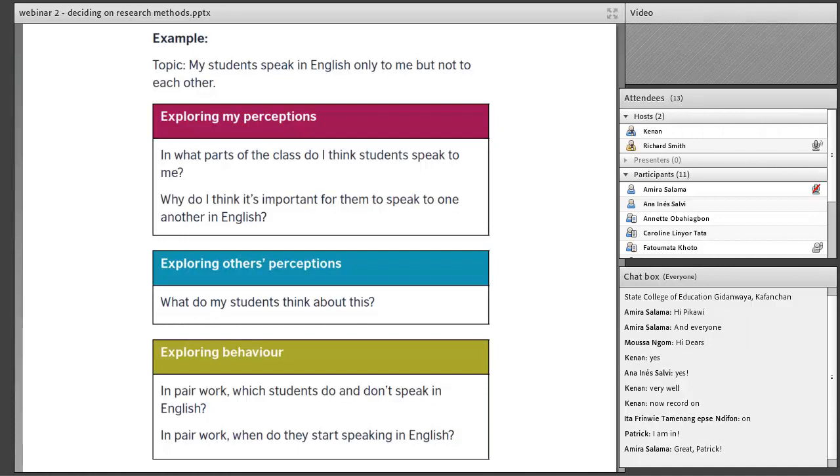Fatimata, I noticed that you've raised your hand. You could write a question. Anybody, anytime you can write into the chat box. I'm not going to stop at the moment, just because of time. Later on, maybe if you have a question, you could write it down in the chat box. So,